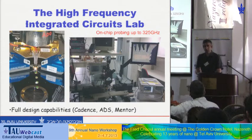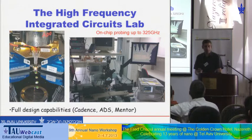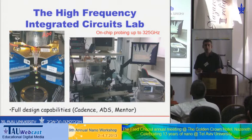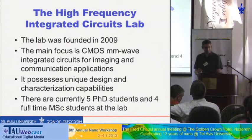I'm going to say just a few words about the lab. My lab is the high frequency integration lab, and we focus on design and characterization of integrated circuits at very high frequencies, up to 300 gigahertz. The lab was founded 4 or 5 years ago. The main focus of the lab